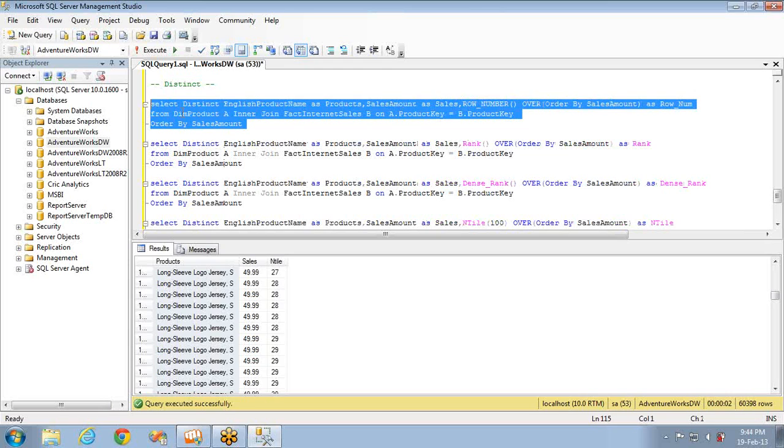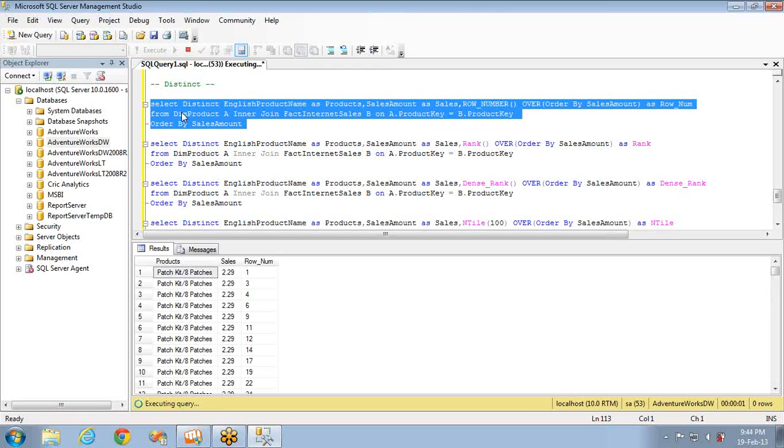First, I'm executing this part. If I execute this distinct, it is not getting proper data. You can see 2 is missing, 3 is there, 4 is there, 5 is missing. So this is not coming properly, and the only reason is the logical execution order of a select statement. I explained it to you in the last but one session. First, the from clause will be executed, and then these functions, and then finally the